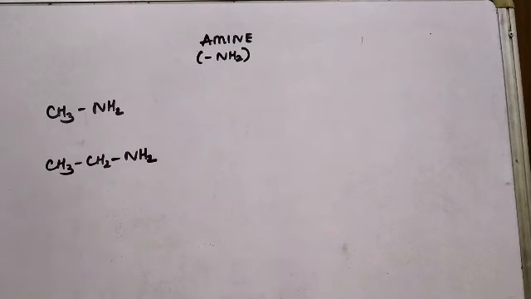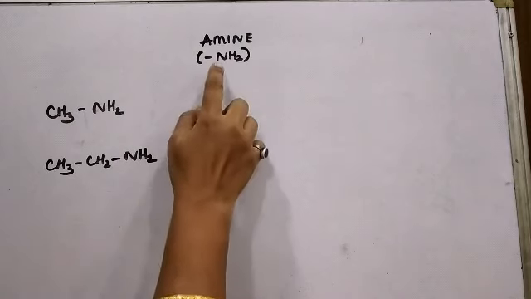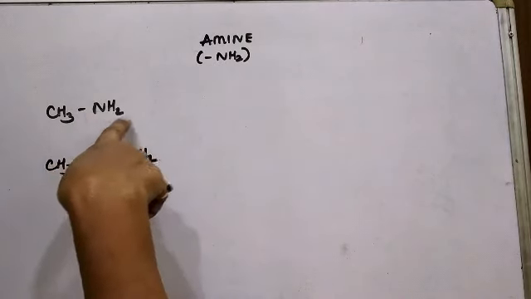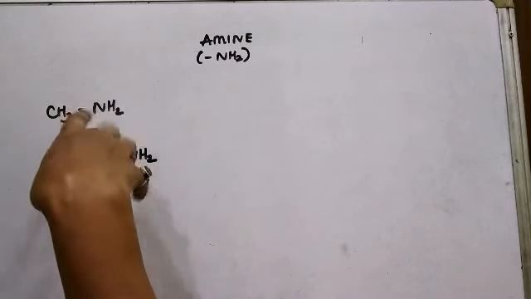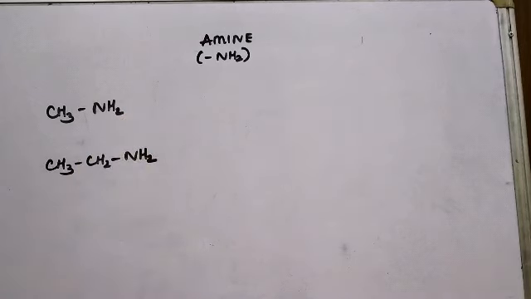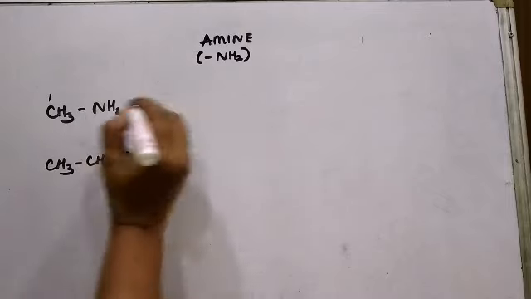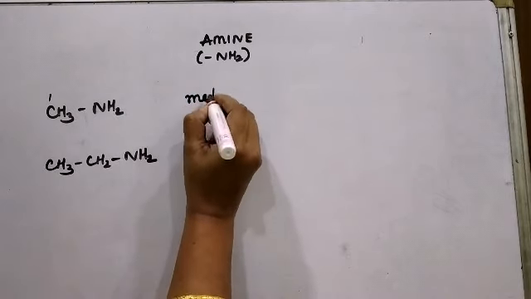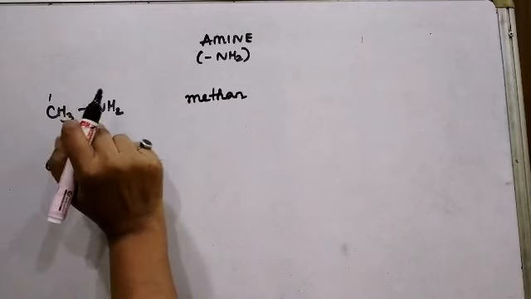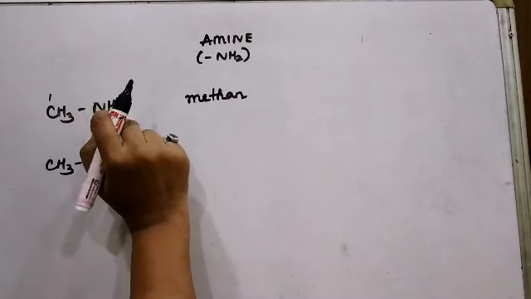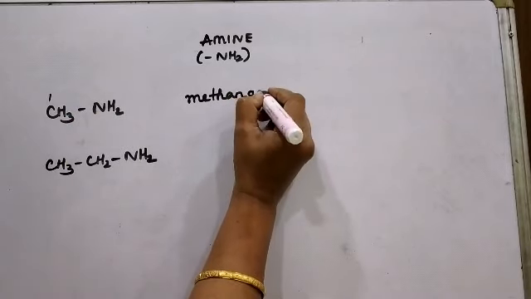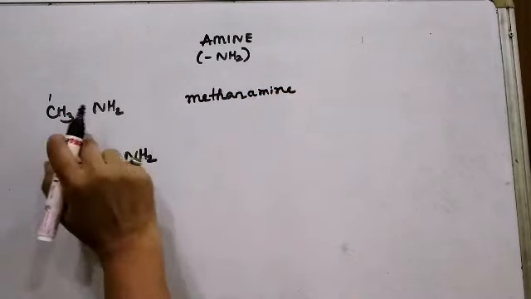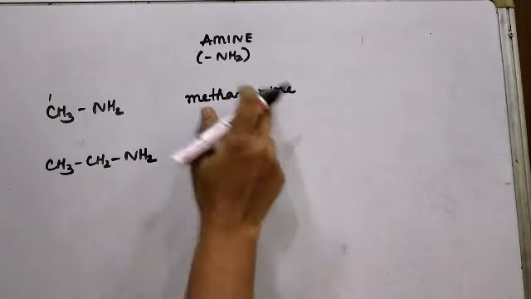The next functional group is the amine group. The amine group is denoted as NH2. So when you have an NH2 group which is attached to any structural formula, we have the amine group. Since there is only 1 carbon atom, our root word will be methan, and the suffix that we are going to use for the amines is amine. Amine will be a suffix. Therefore the name of this compound will be methanamine.